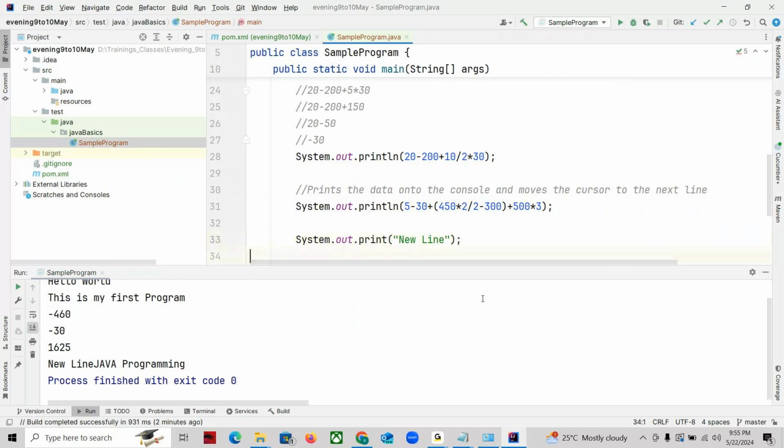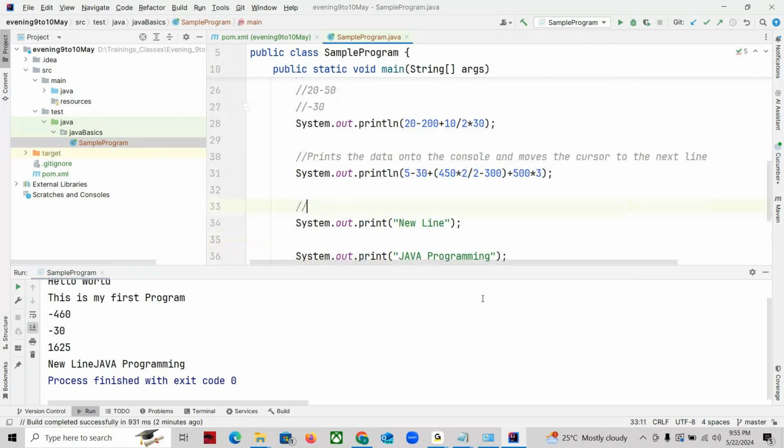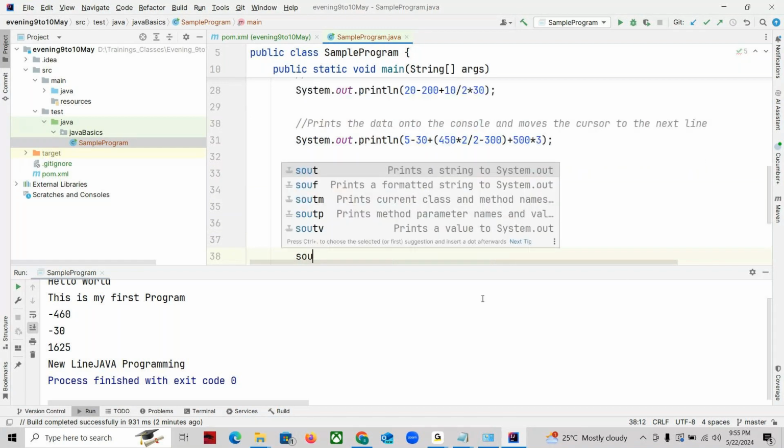So when I say system.print, it will just print the data onto the console. Blindly, it prints. It doesn't print a new line or next line, nothing like that. If the previous statement was a print, it will print the data in the same line. Got it? It just prints the data onto the console. So when I say system.println